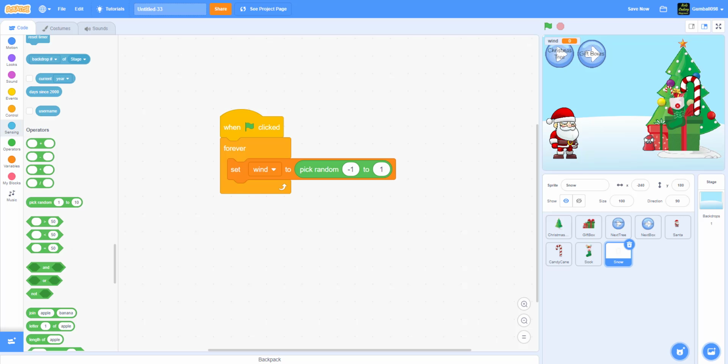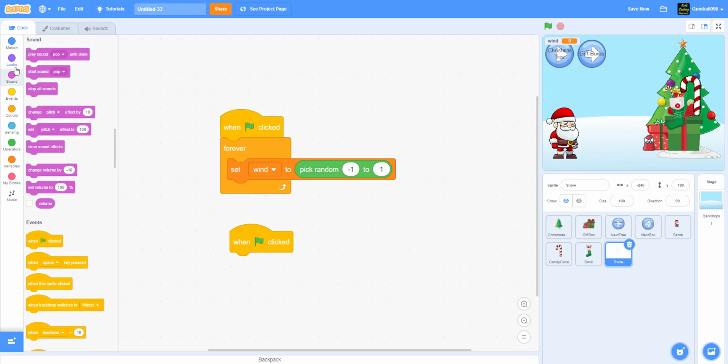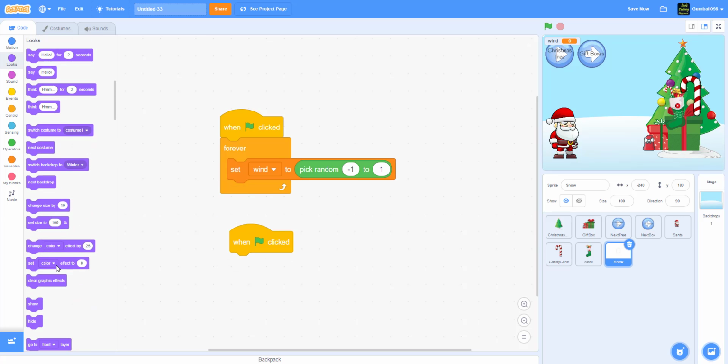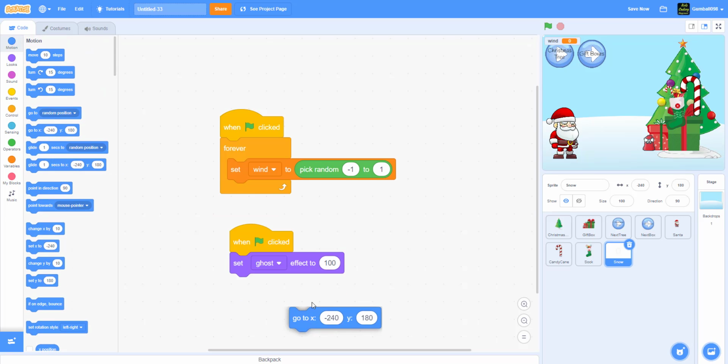So let's see. When the green flag is clicked, we'll set ghost effect to 100, and it'll go to the position. I already have it, and the Y 240. Change this, and forever